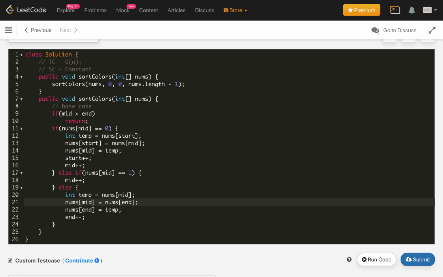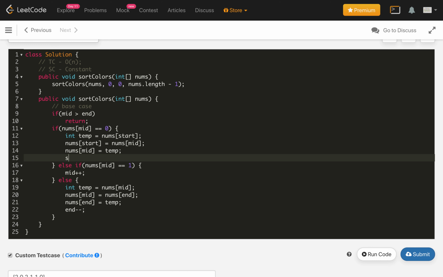Now for changing, instead of incrementing the pointer, we just call the sort colors method again with nums and the pointers. So we need to take this pointer as well: int start, int mid, int end.